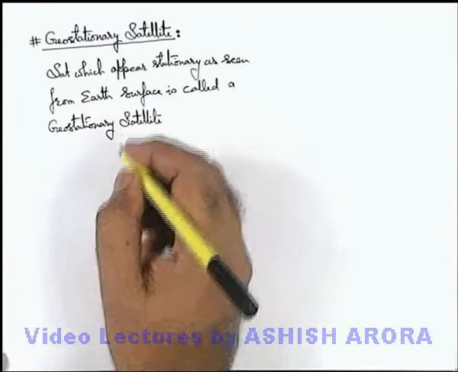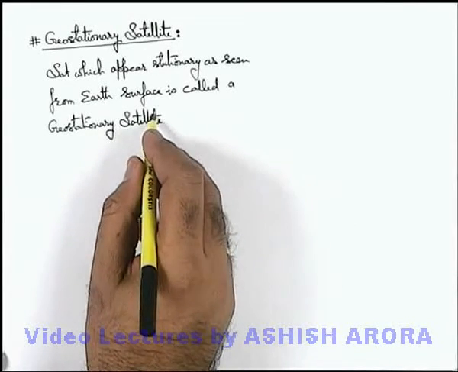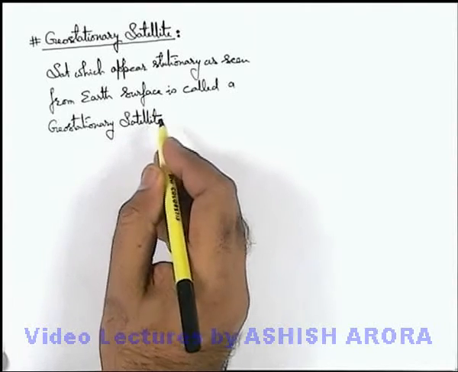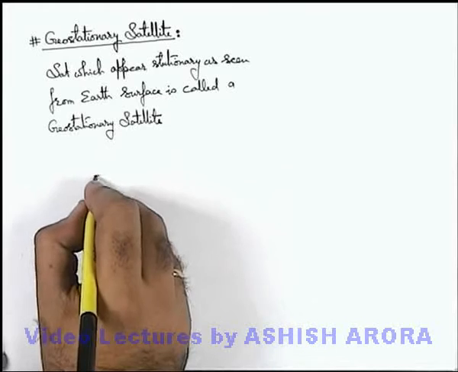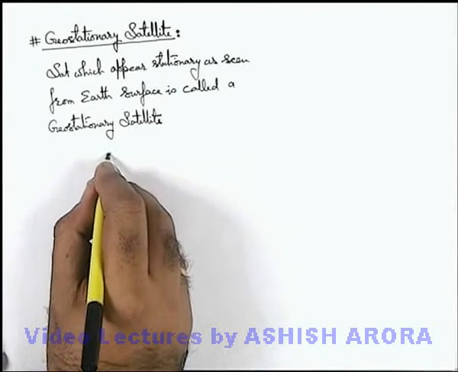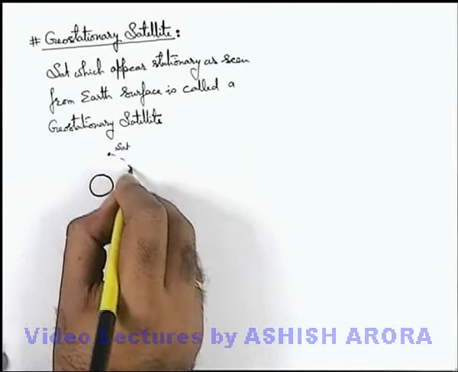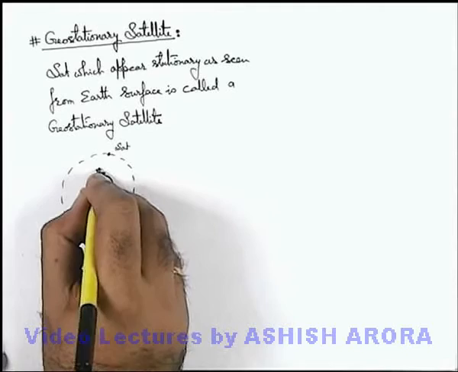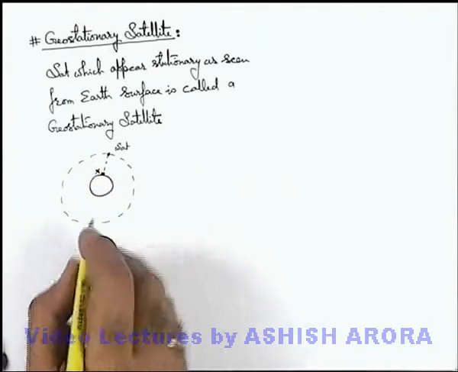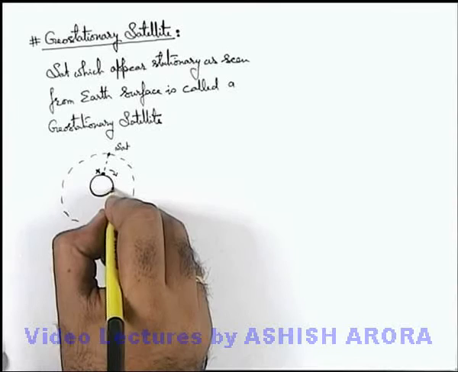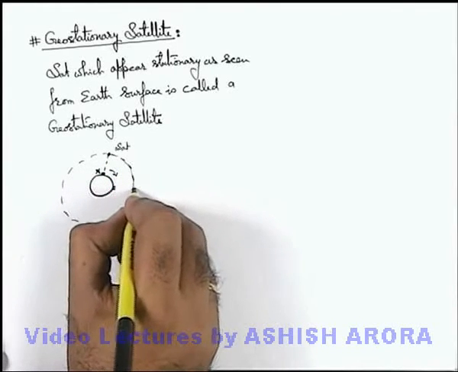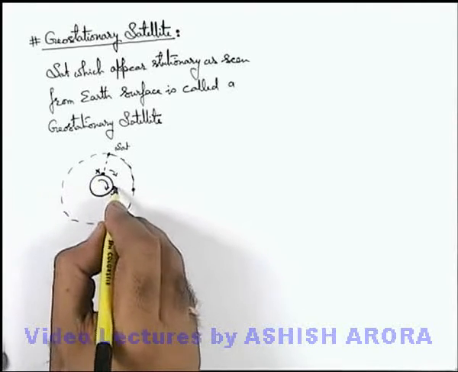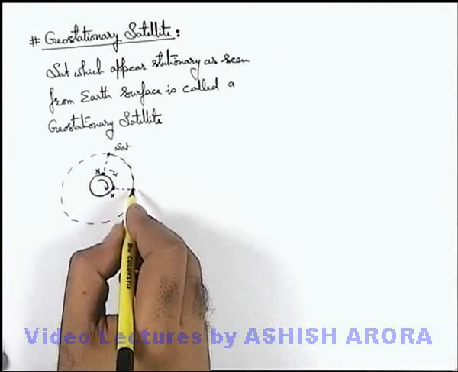Such satellites are basically used for direct communication of signals from one point to the zone in the neighborhood of that point only. Say this is Earth and there is a satellite over here which is revolving in such a way that it always appears to be located above the point X directly below the satellite. So when during rotation the satellite reaches this position, still due to rotation of Earth, point X also reaches a position such that the satellite appears exactly above the point X again.